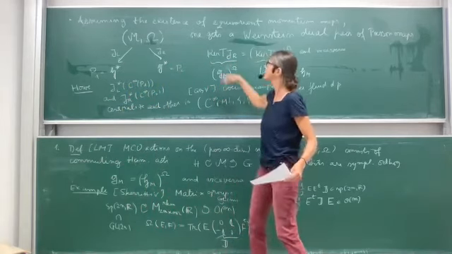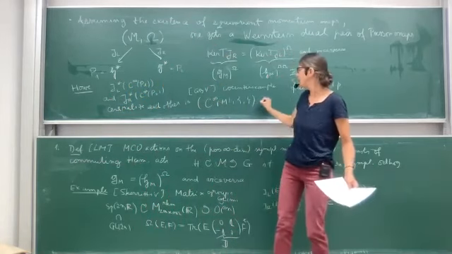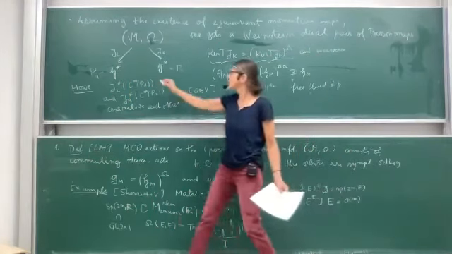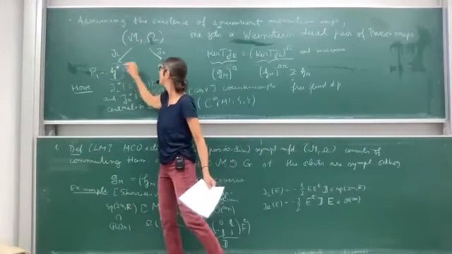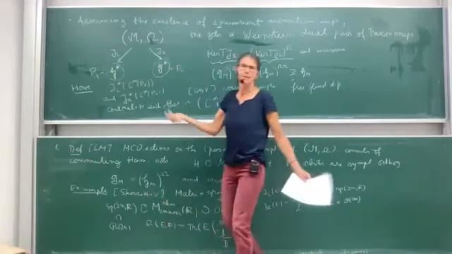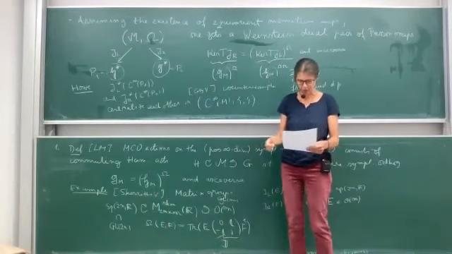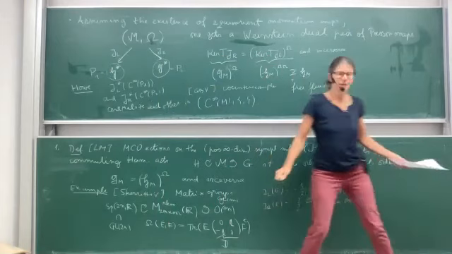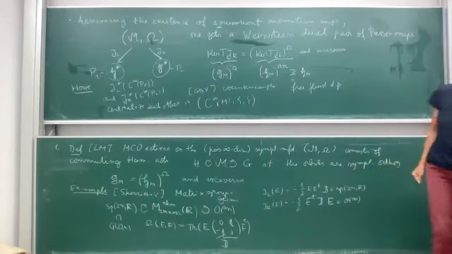The Poisson structure induced from the symplectic one. I forgot to say what is the Poisson structure we consider here. It's the Lie Poisson structure on the dual of a Lie algebra. Okay, so this was